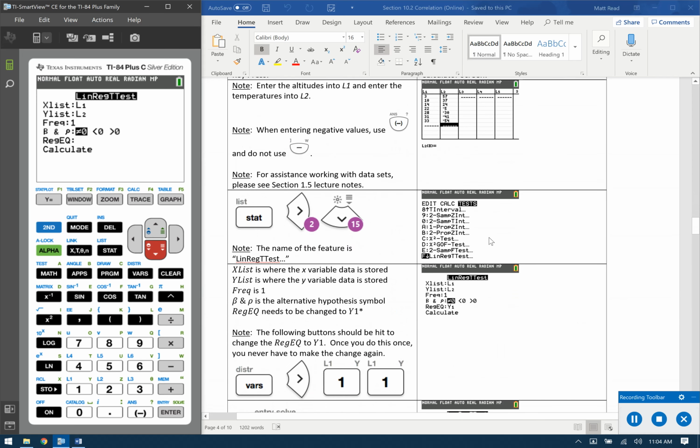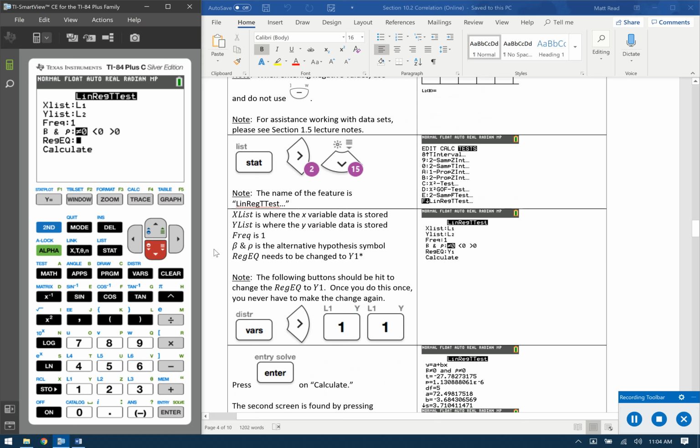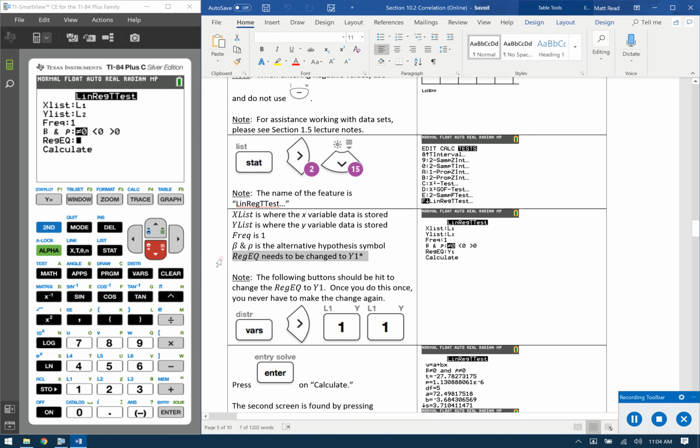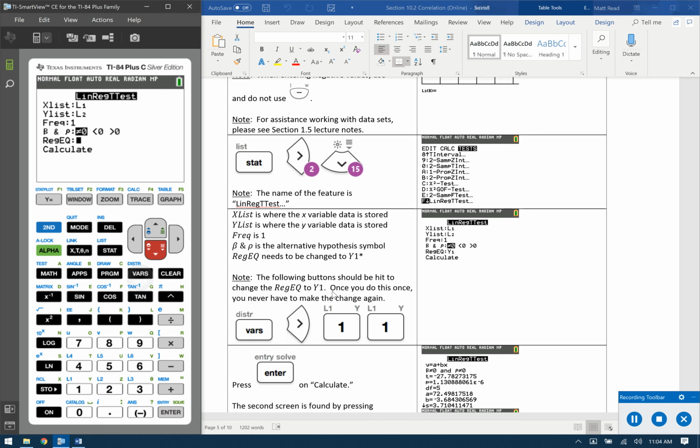I'm going to go to the steps here in your calculator, and you notice in this box that I'll try to highlight here, the whole box. I guess I can't highlight the whole box. There we go. You only need to change the RegEQ regression equation to Y1 once, so you'll need to follow these steps now. Make sure your cursor is on the RegEQ line, press VARS, go to Y-VARS, select option 1 for Function, and select option 1 for Y1. Now it should remain there as long as you do not mess with it for the remaining part of the semester, and we must do this.